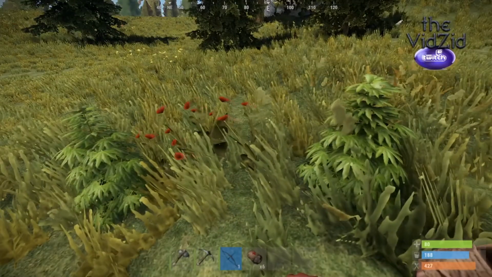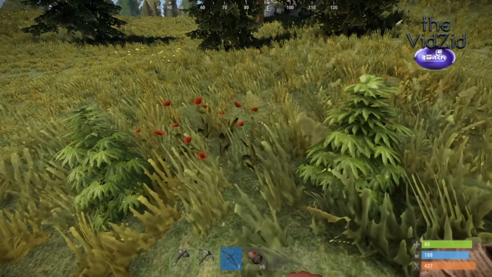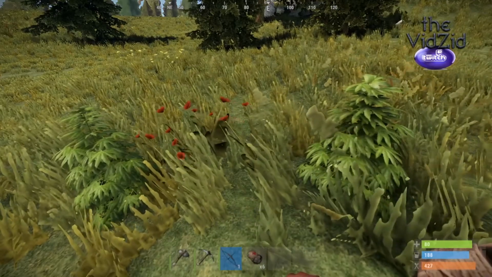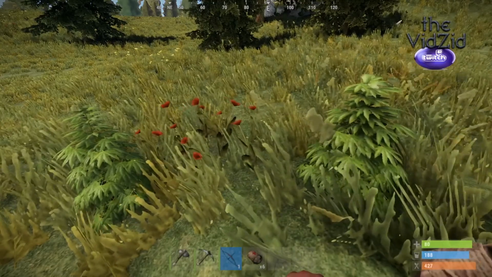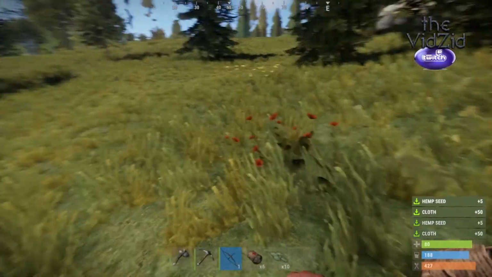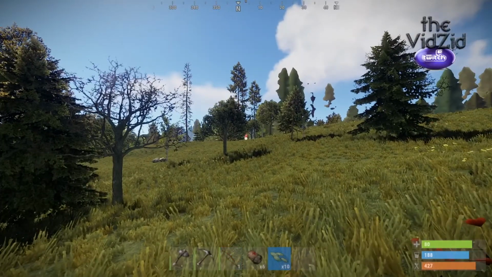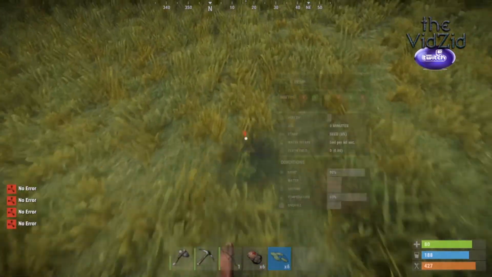This is hemp. This is what we need as well. This makes cloth, which allows you to make bandages and sleeping bags and clothing and many other things. You will need to collect lots and lots of this on a standard server. On this server, however, get that one, and you'll notice in the bar at the bottom, number 5 has become seeds, which you can take back to your base and plant outside,